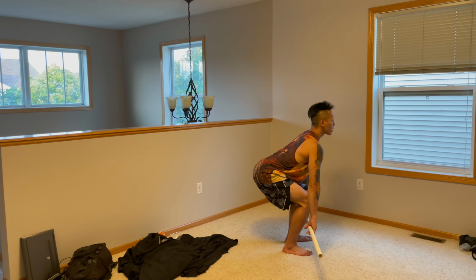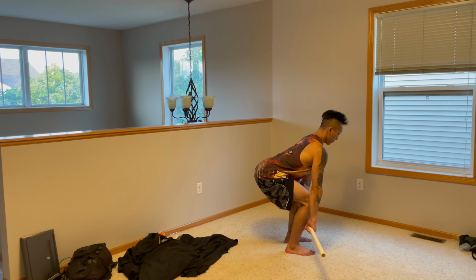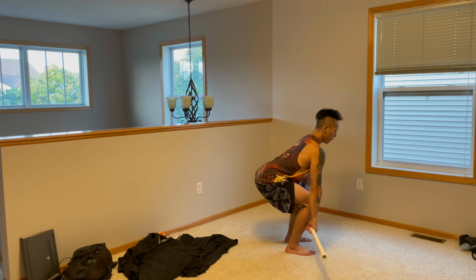Bracing means to take a deep breath through your stomach. Flex it like someone's going to hit you. Really important. With everything nice, taut, and locked and engaged. A little pump. Pull up the slack. And then lift up. And then once the bar comes to around knee level, you're going to engage your glutes